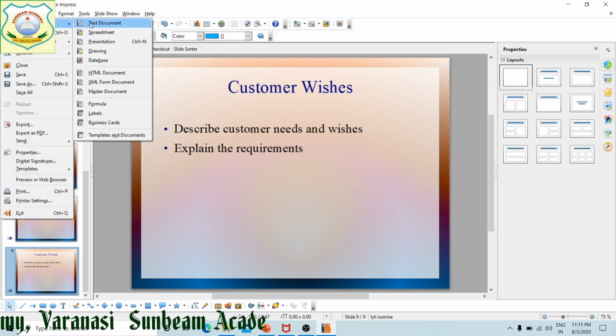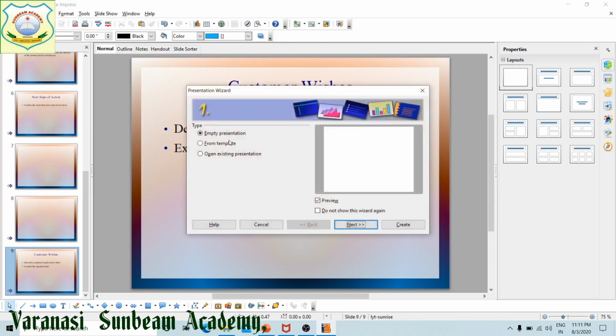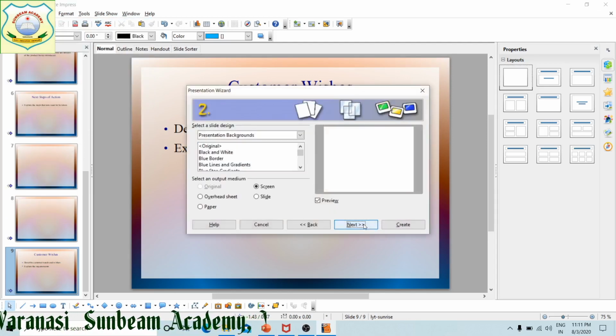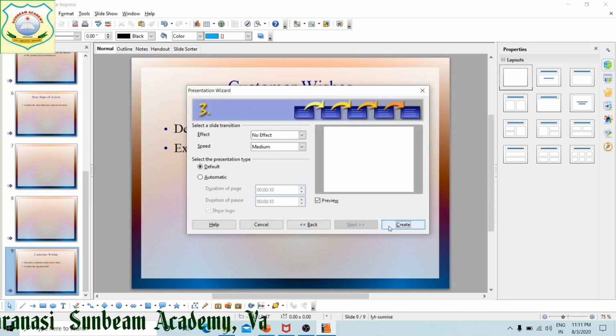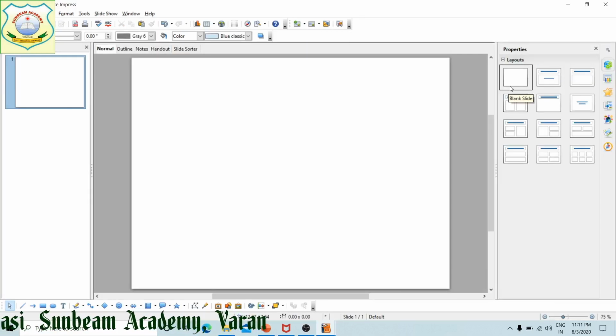I am going to create an empty presentation. Now this is blank. Blank means this gives you the opportunity to put your text, pictures, graphics, whatever you want as per your requirement, at any location.